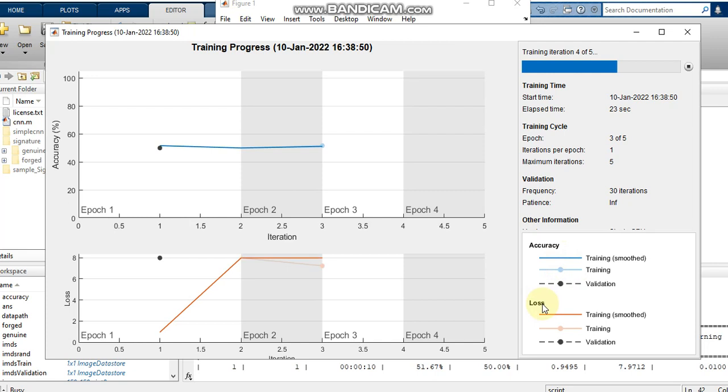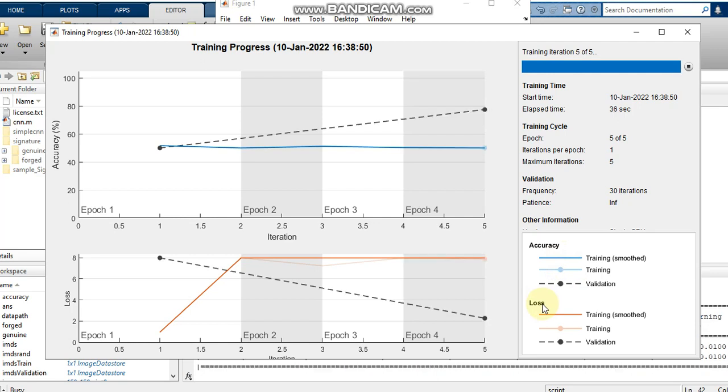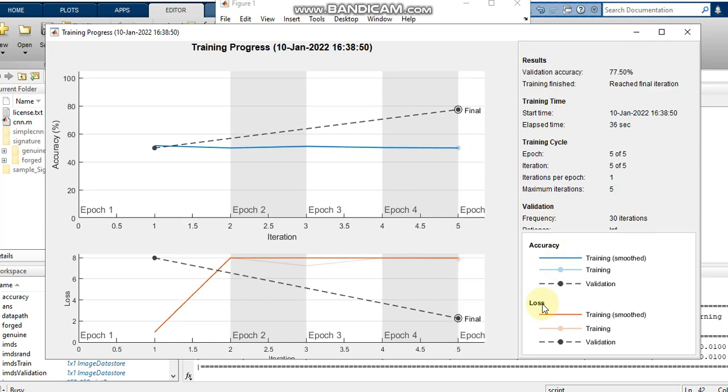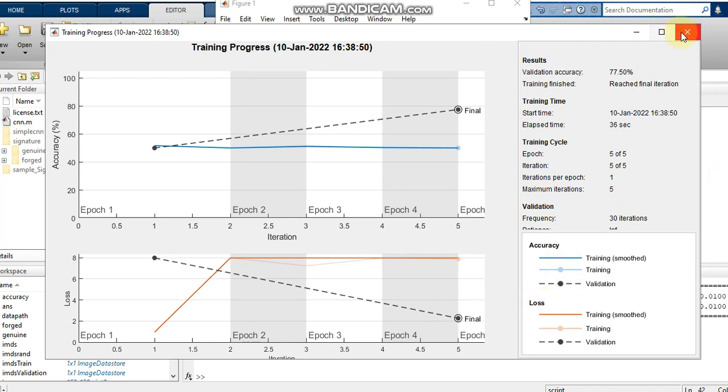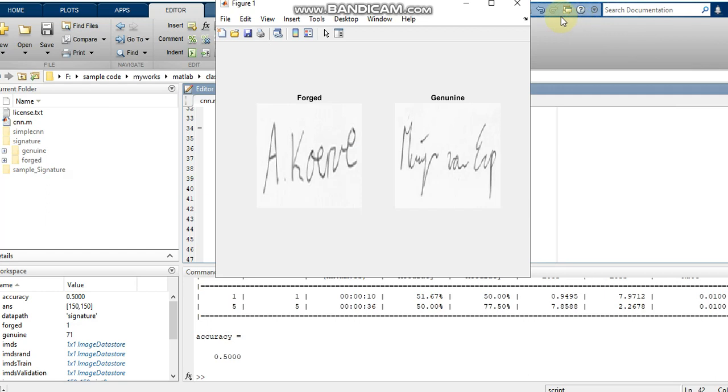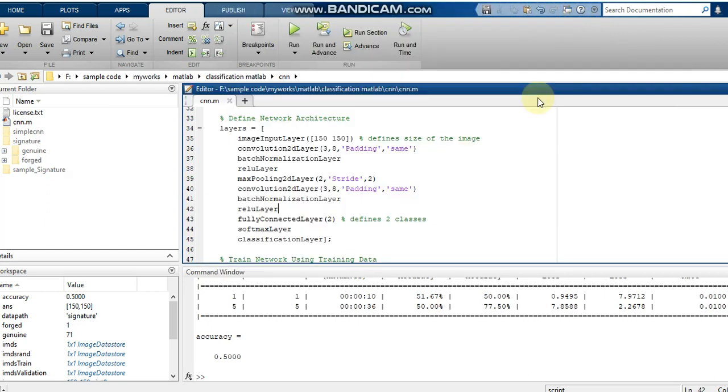Yes, the accuracy is improving. You can see from 50 it's now 77.50. So by increasing the layers the accuracy is increasing, and the best part is that by increasing the number of images the accuracy will also increase.